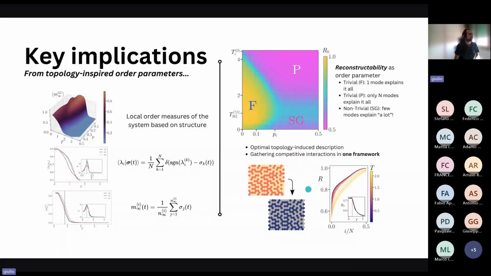And this is totally general, gathering competitive interactions from geometric frustration, that is spin ice, with spin glasses and everything else. For example, you can now simulate the completely frustrated antiferromagnetic triangular lattice and then try to reconstruct it, the same exercise. What happens is that your reconstruction allows you to draw the phase diagram of the antiferromagnet, between a phase where the slow dynamics of geometric frustration dominates and a phase where the paramagnetic effects dominate on the other side.